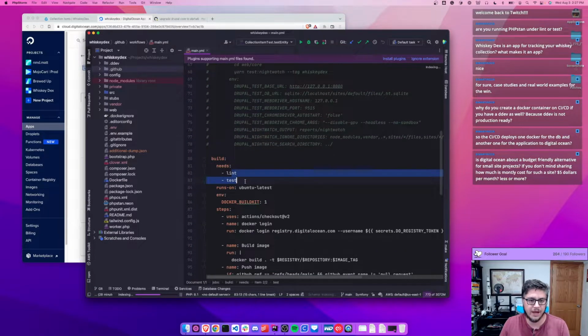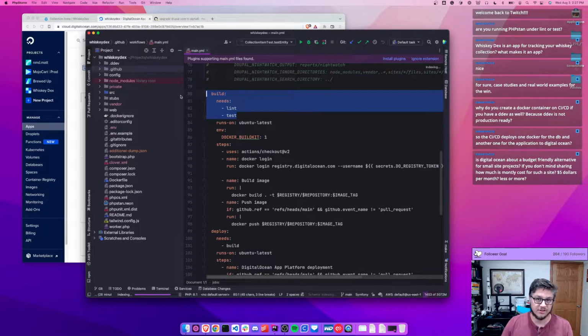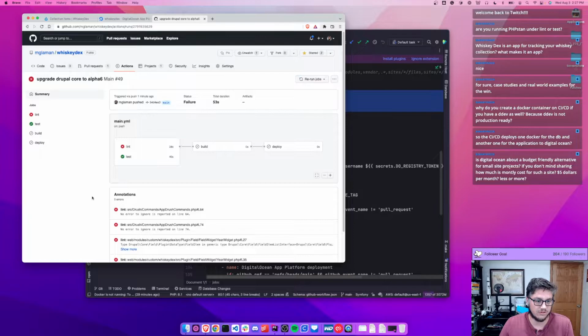If those two pass, I build the Docker image. And one reason I have this behind a needs is it takes more time to build a Docker image than those two runs. Why waste my money, like my CI time, building the Docker image when it's not going to go anywhere anyways? But if those do pass, I want to build a Docker image because I shouldn't merge code that could cause